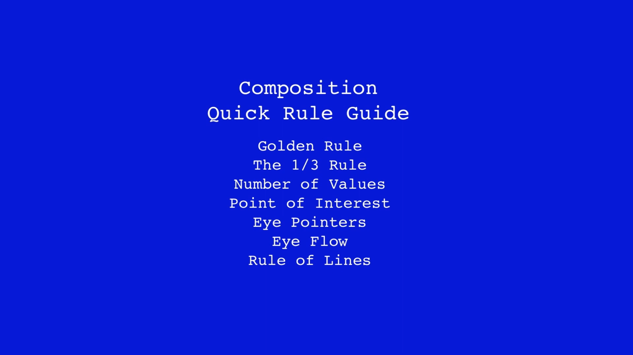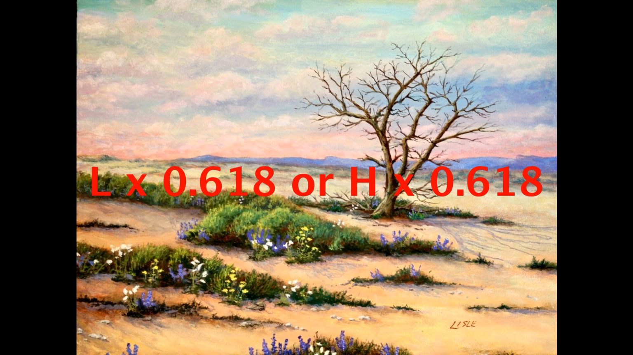Rule 1, the Golden Rule. Leonardo da Vinci is most likely the most famous artist when you talk about the Golden Rule. It happens to be the ratio that is repeated over and over in nature. Now, I could make a whole video about the Golden Rule, but this video is for artists, not engineers. So to make it simple, the ratio is